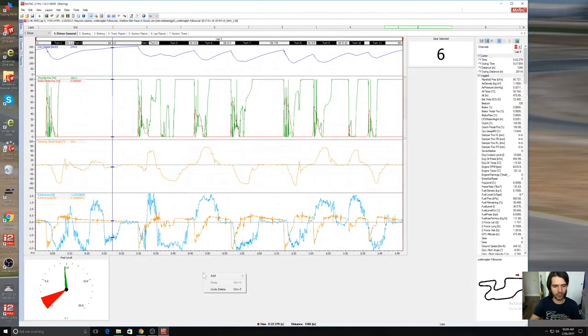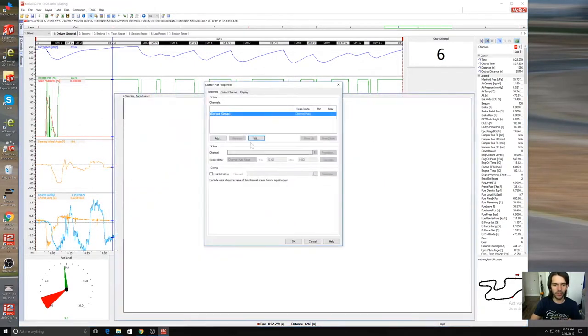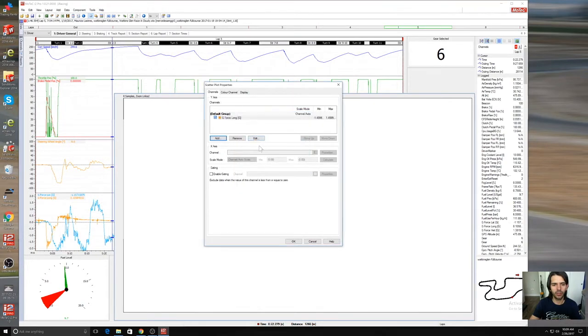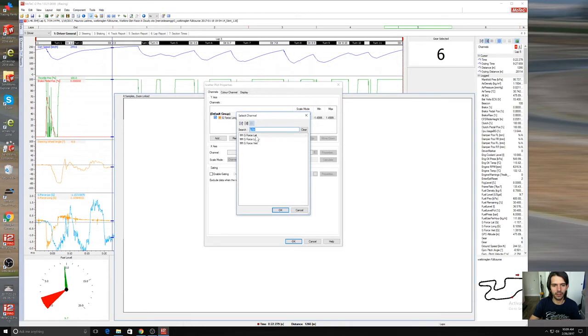Last thing, what else would I want to see? Well, you know what's also useful? The scatter plot showing a G circle or a friction circle. So how do we do that? Let's say add. The friction circle is a combination of your lateral and longitudinal acceleration. So again, G force. We're going to add, so the y-axis should be the long, and then the x-axis is right here. We're going to add an x-axis, that's the lateral G,